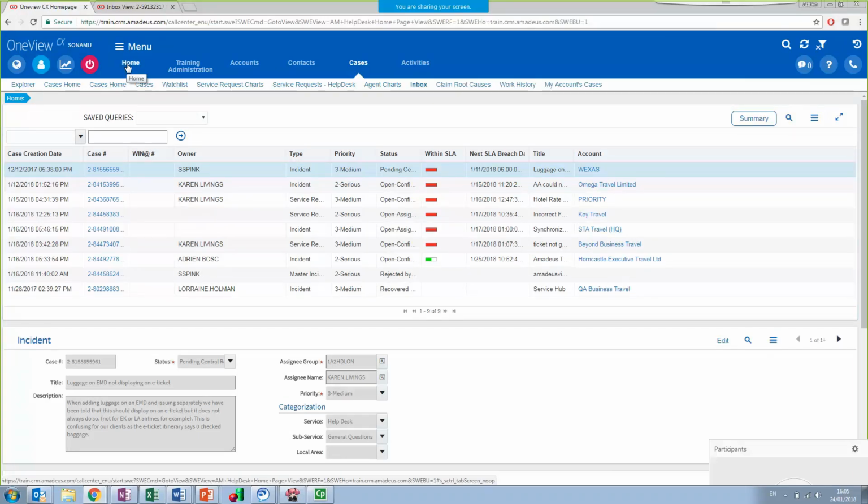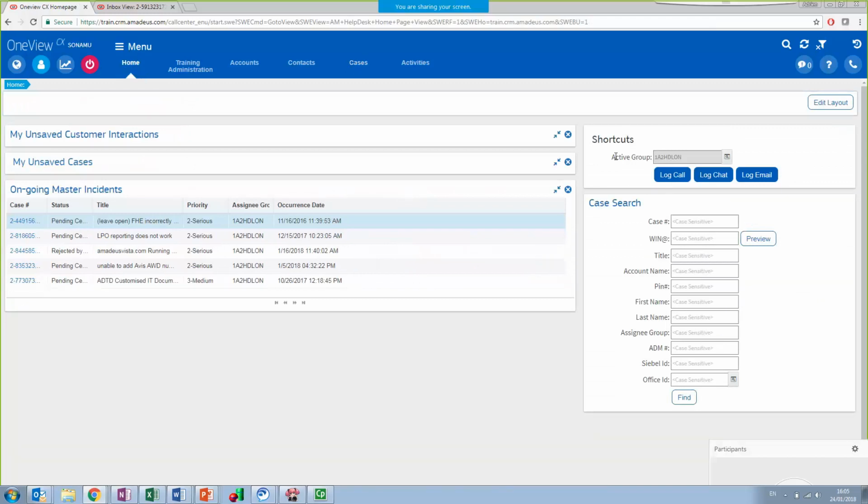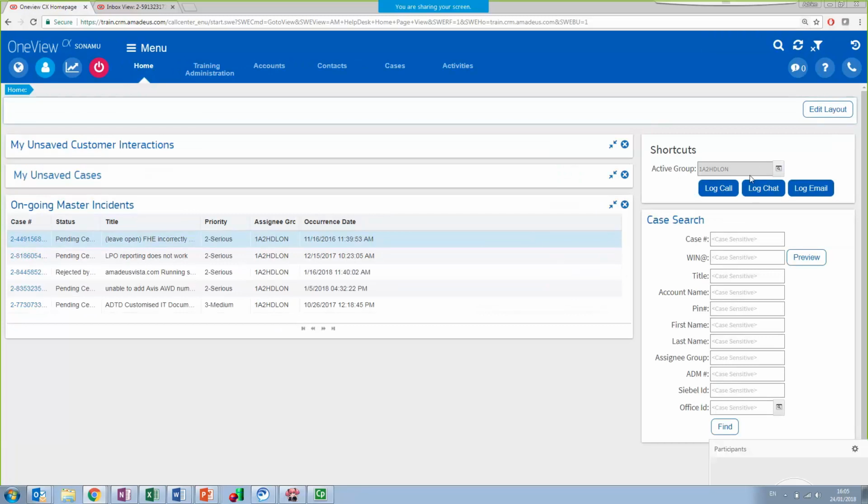So I was talking about the active group. It's quite easy, in fact. Your active group is the group which is displayed here on the home page.